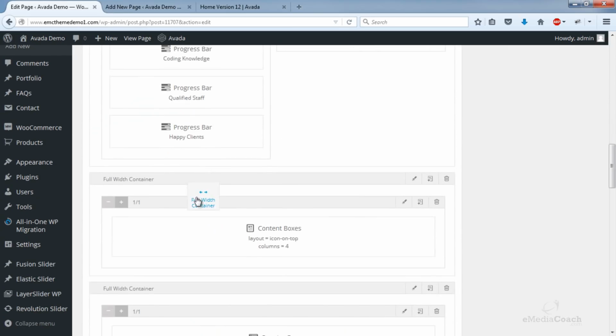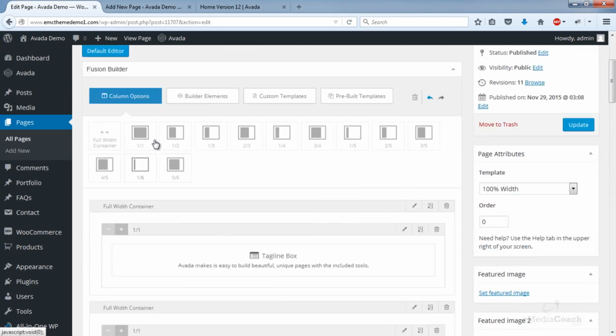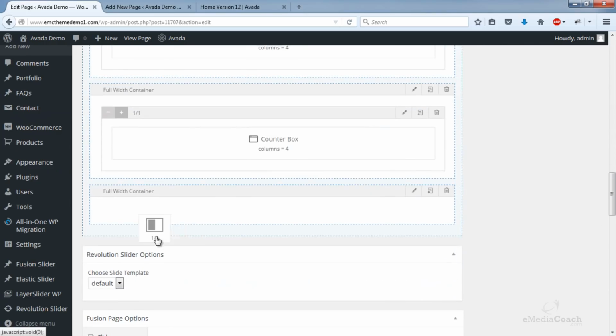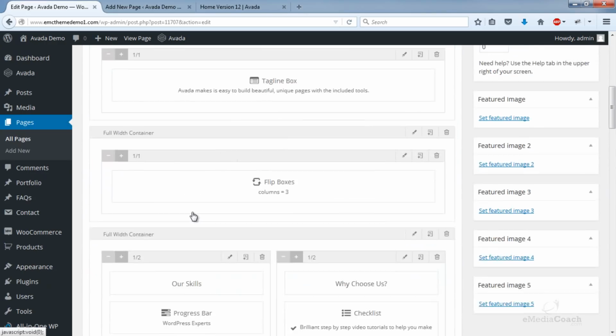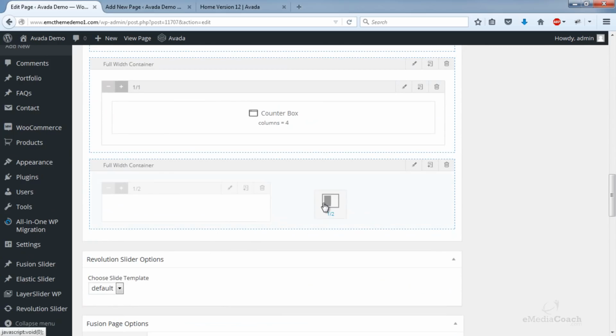Full width container. Now, I don't want this to be a full width map. I think I'll just have a half and half. And you can also duplicate containers. So if I didn't have that, I could just click this clone element here and it would clone it right over there.